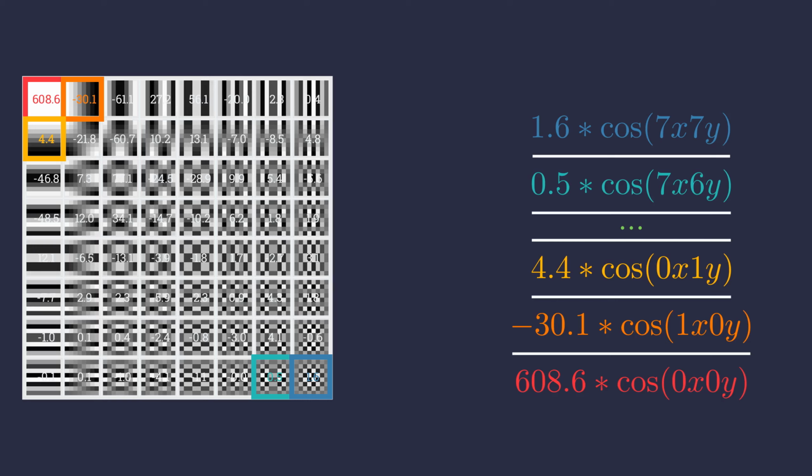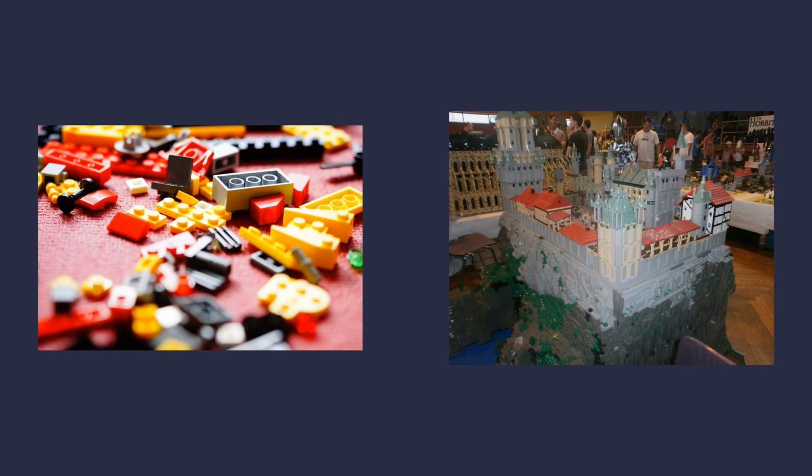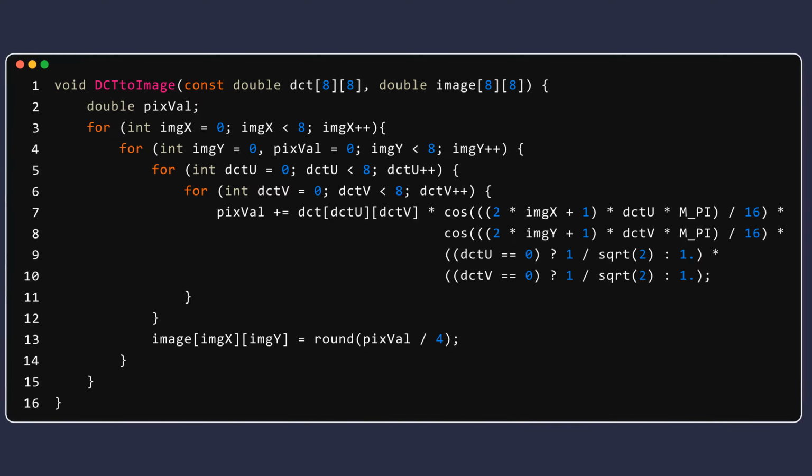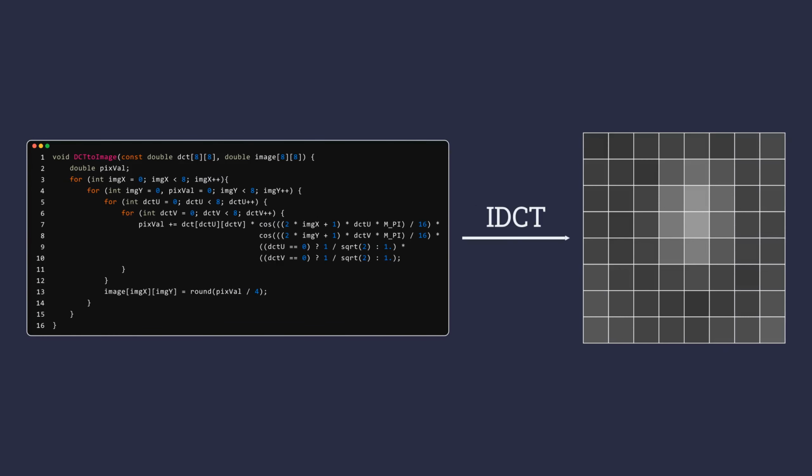These cosine waves are like Lego blocks. A single piece on its own does not make sense, but you can build beautiful castles using a few primitive pieces. Put simply, when we overlay all of these cosine waves multiplied by their respective coefficients, we should get our input back, and we do. This process of reconverting the frequency representation into the original value representation is known as the inverse discrete cosine transform,